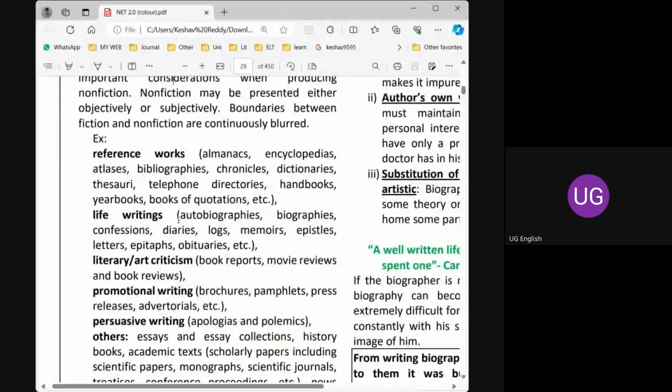So we have Philip Sidney's famous work in English criticism, The Defense of English Poesy, or Apologia for English Poetry. He defended the poetry, whereas Plato, Aristotle, the ancients, especially Plato, banished the poets from the ideal world. And this Sidney supported the poets. That is an apologia, a defense of poetry. And polemics are nothing but satirical, controversial writings. Satirical writings are called polemics.